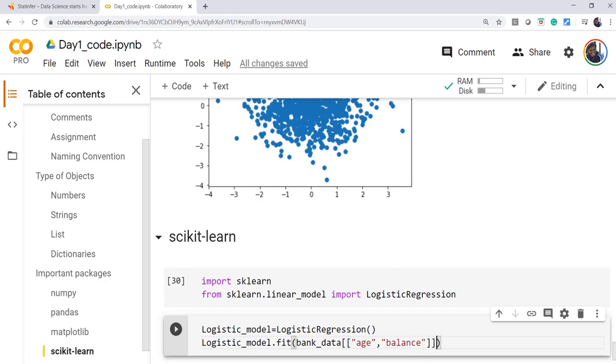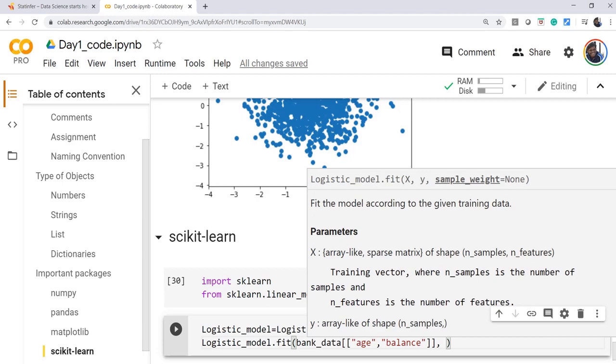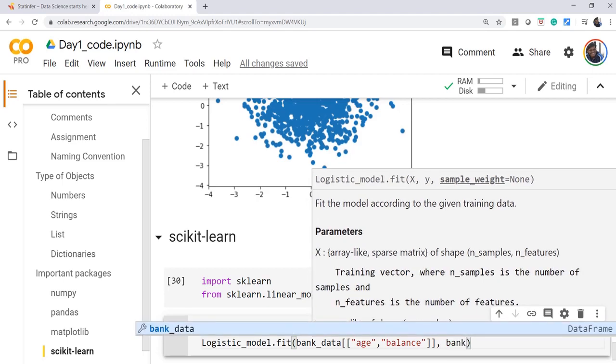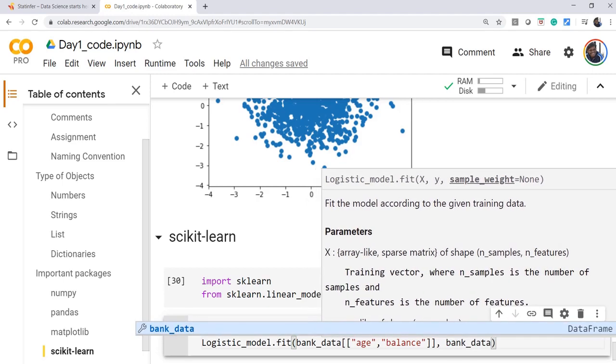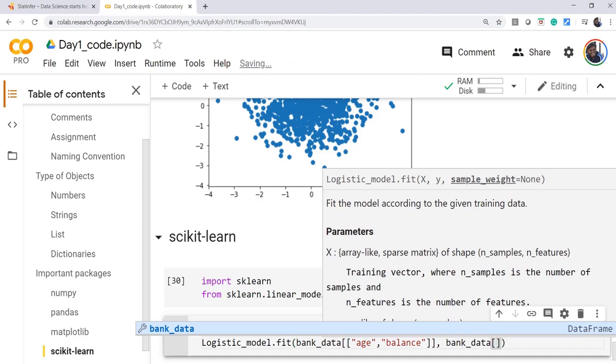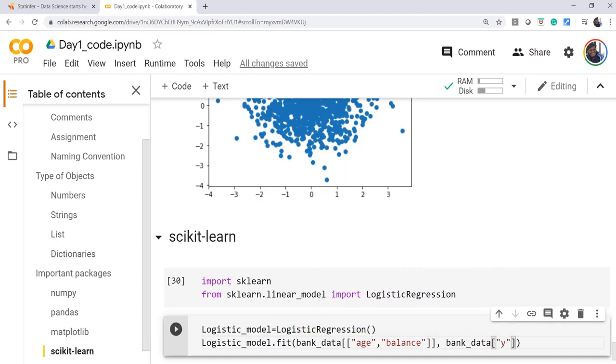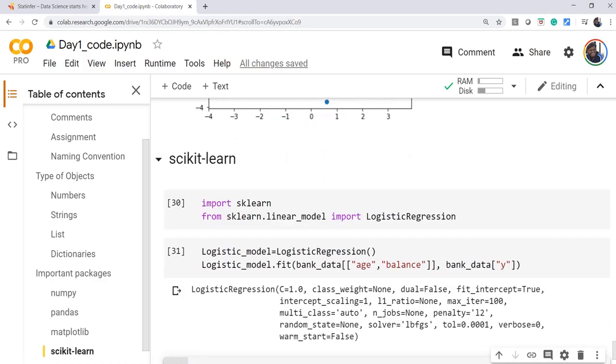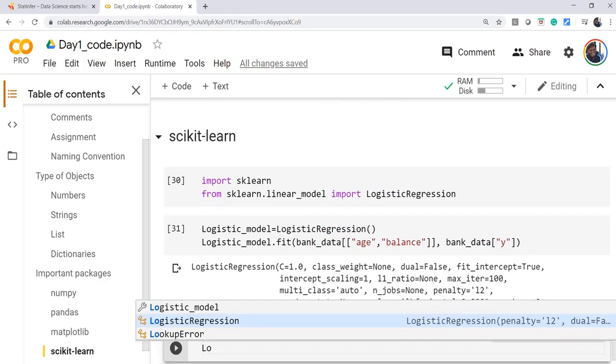Once this model is built, we can look at the output, the coefficients of the model, the intercept of the model, and other outputs as well. Here we are just introducing the package sklearn. Later on, we will get into some more details of machine learning algorithms and the sklearn package.